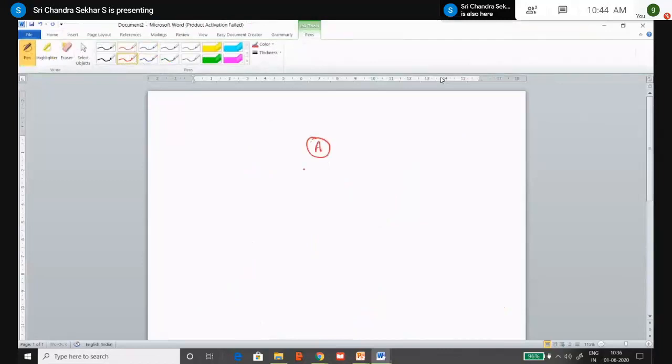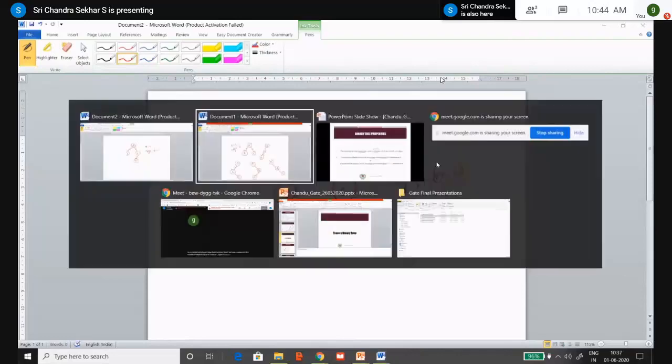So this is one node, and this is another node, and this is another node, and this is another node. So what is the total number of nodes we have here? We have n is equal to 4: A, B, C and D. So how many edges do we have? We have 3 edges. Therefore the number of edges is n minus 1. So this formula is very important, where it says that in a binary tree, if we have n nodes, then the number of edges is equal to n minus 1. So this is one of the important properties.